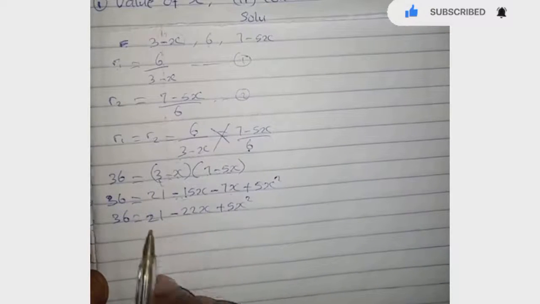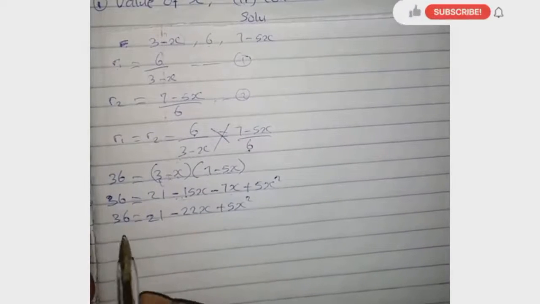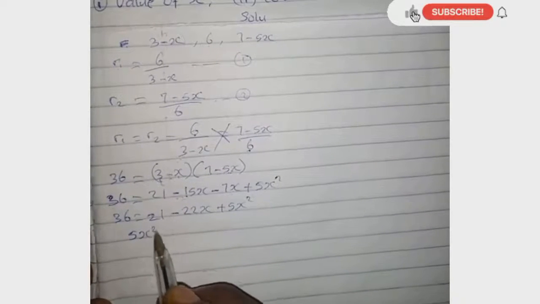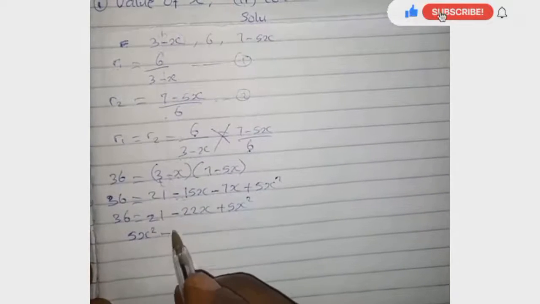If you rearrange this, it leads to a quadratic equation. So if you rearrange this, we have 5s squared, minus s, minus